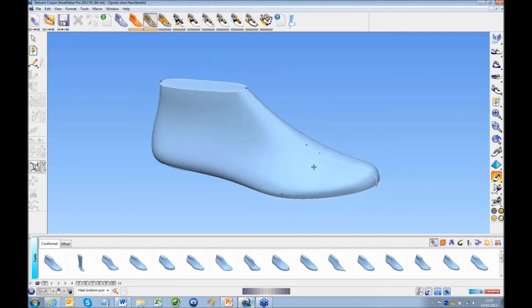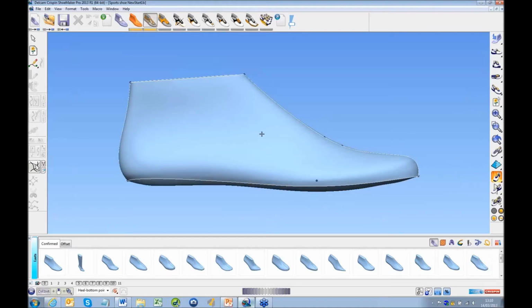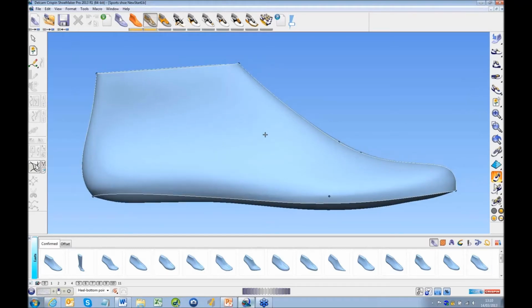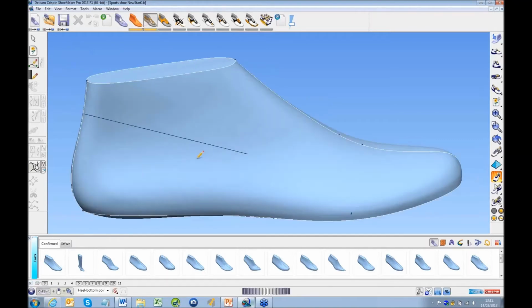In the center area, we've got the graphics area, and you can see I've already got the last preloaded from the library that I'm going to start the demonstration with. So the first creation entity we'll look at is Starline Creation. When I select Starline Creation, I'm presented with a series of different options which let me create and edit